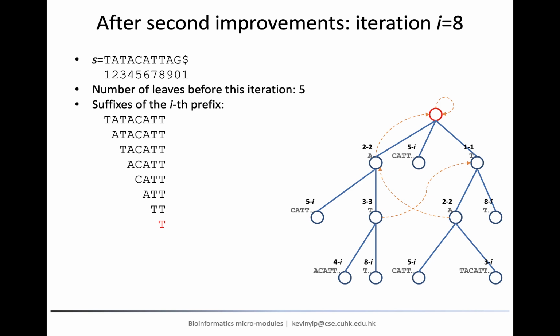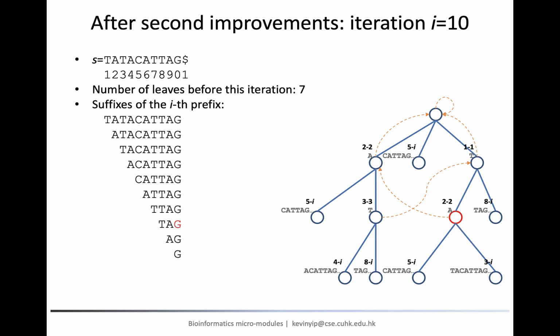Finally, the last suffix of this iteration, T, is a type C case. After adding the suffix link, we end this iteration directly. In iteration 9, the first 7 insertions are skipped. After downward search from the current node, we find that it is a type C insertion, and therefore we end this iteration directly.